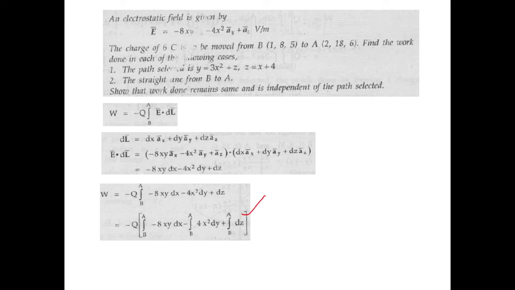So here for B to A, minus 8xy dx, the limits are x from 1 to 2, y from 8 to 18, and z from 5 to 6. So work done will be minus q, same thing, substituting in the formula, and I am applying limits only for x, y and z, right, for E dot dl. Now here, using y is equal to 3x² plus x plus 4 and dy is equal to (6x plus 1) dx, and changing the limits of y from 8 to 18 in terms of x from 1 to 2, we get here